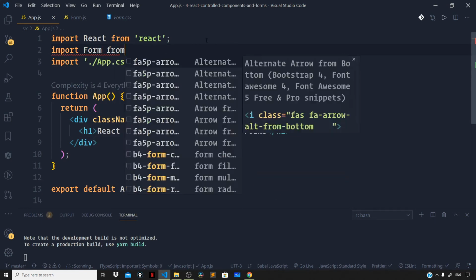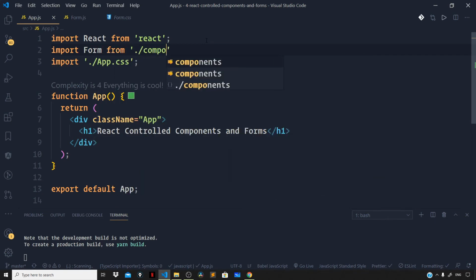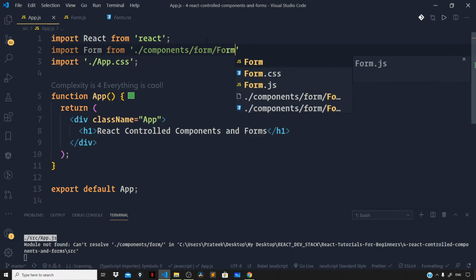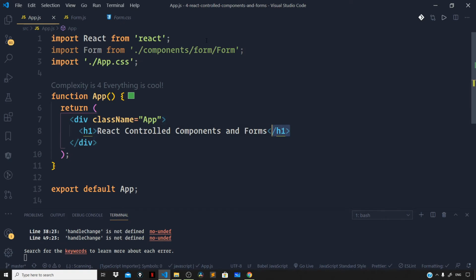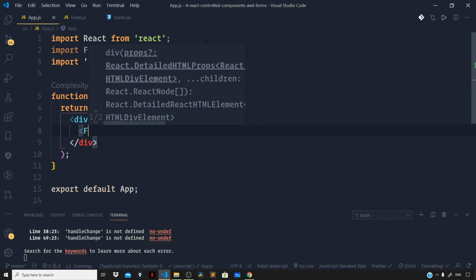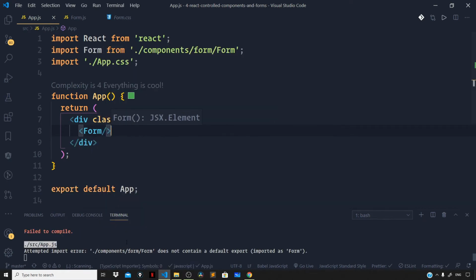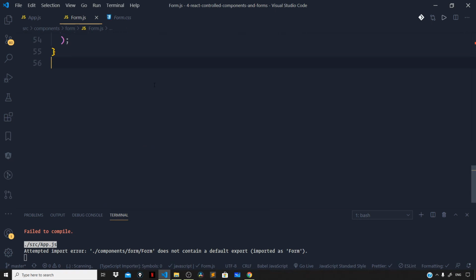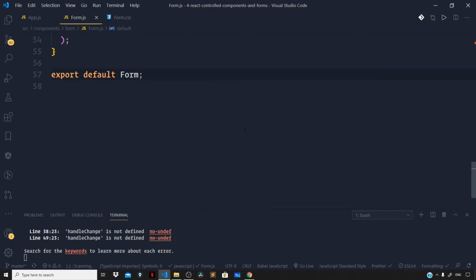from ./components/form/Form. Let's remove this and render the form right here. Also let us export our form component down below. So export default Form. Now before handling the form submission, let us first define the onChange handler for our form